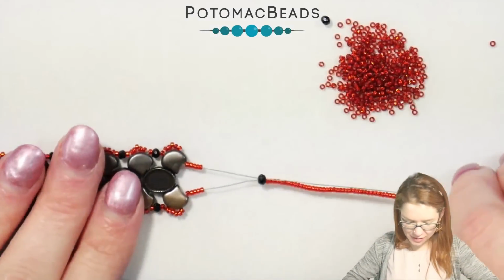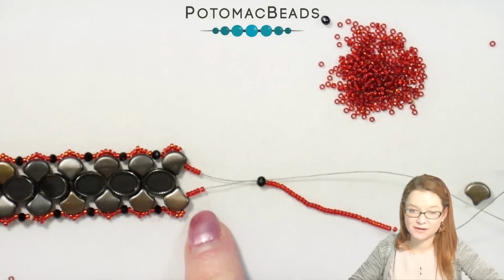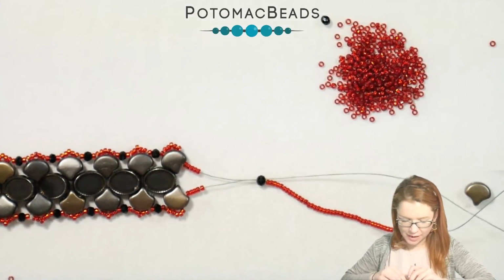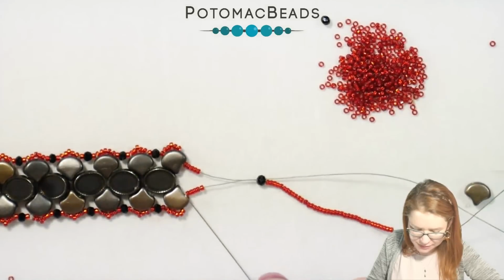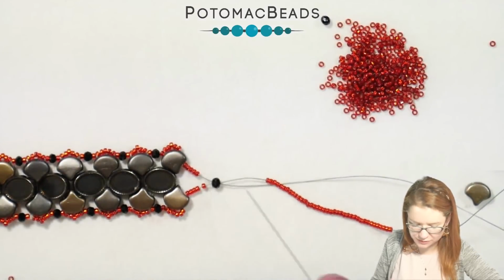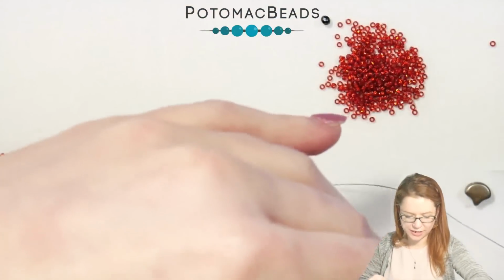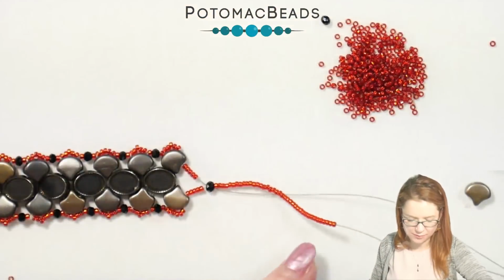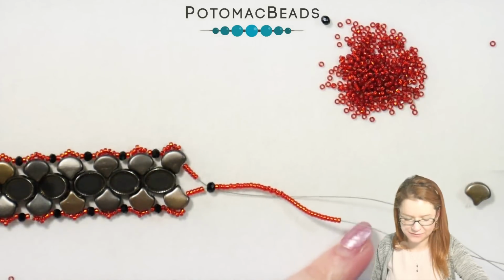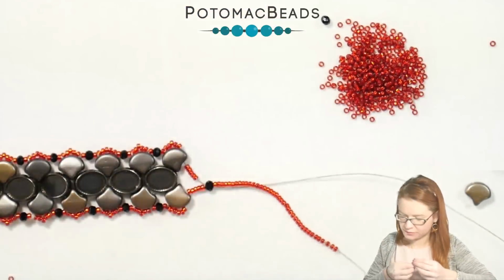All right, so here I am. I am doing the exact same thing that we did on the opposite side of our bracelet. Coming out of our ginkgos here, I added 5 seed beads to each needle, and then both through this one crystal. And then going ahead and working on the loop for our cup button, I have already strung on 40 of my 15-os. So I'm going to go down through